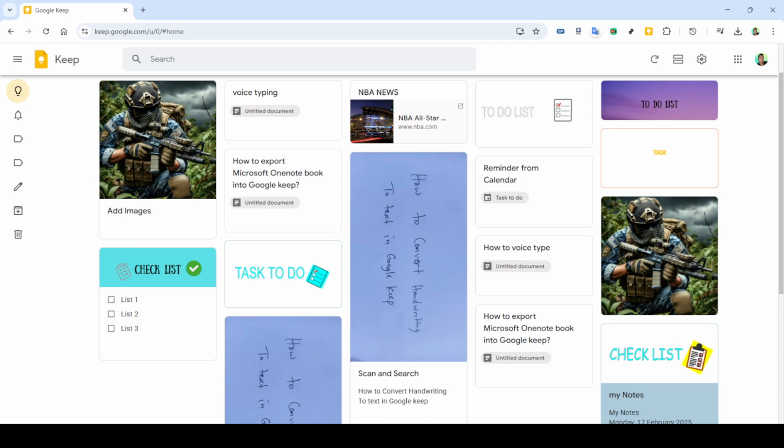And there you have it, you've successfully added an image to your Google Keep note. This simple action allows you to enrich your notes and make them more visually engaging. You can add as many images as you